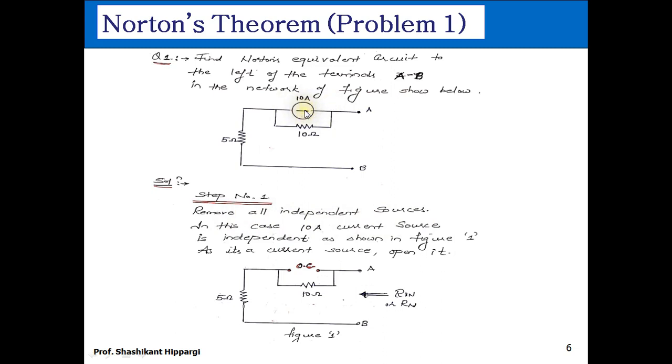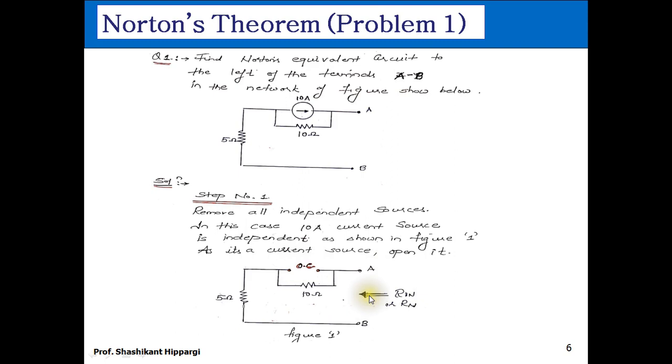And remember that this is a current source, and as per the discussion in the previous video, we know that if it is a current source, then we need to open it. Open it means just remove this, don't do anything, just remove this from this place. So if I remove this from this place, the equivalent circuit after removing this current source will look like this. I hope this is clear. When we remove this current source, the equivalent circuit will look like this: open circuit, and rest of the thing is as it is.